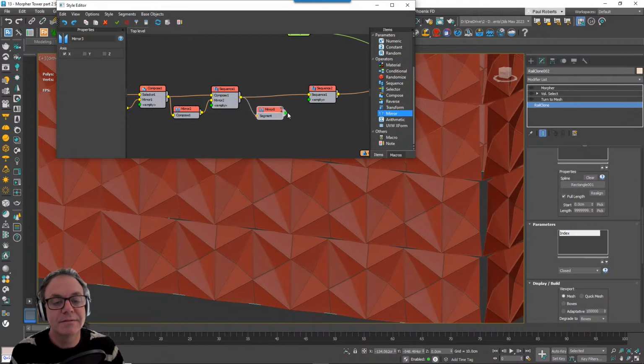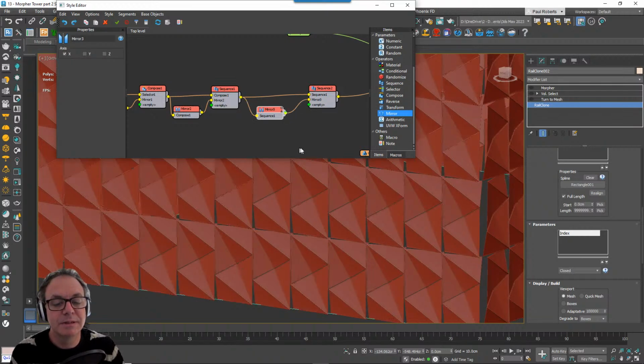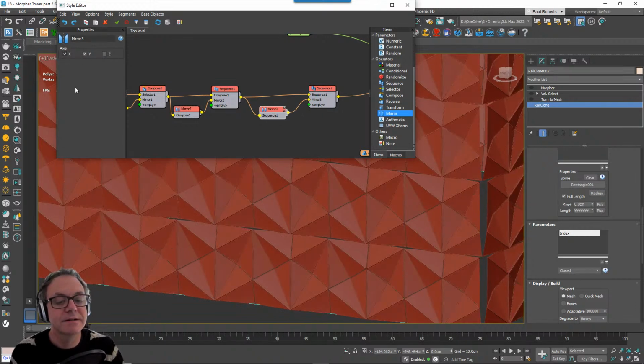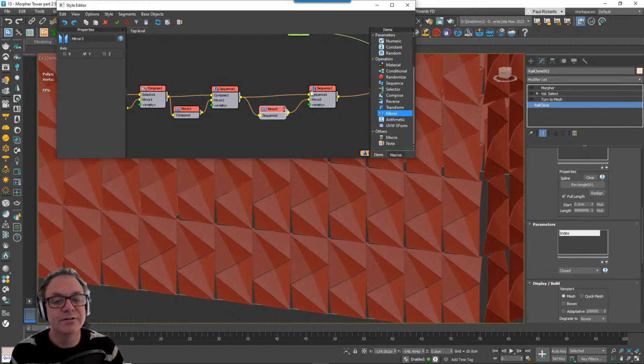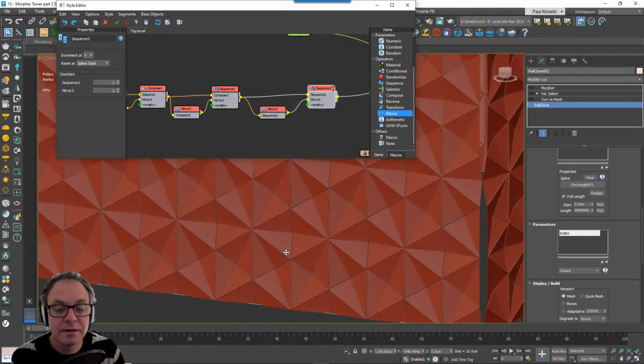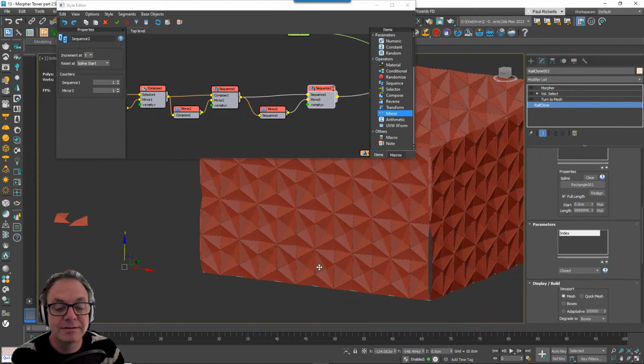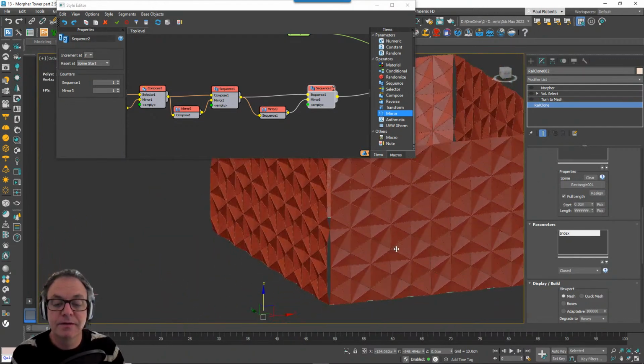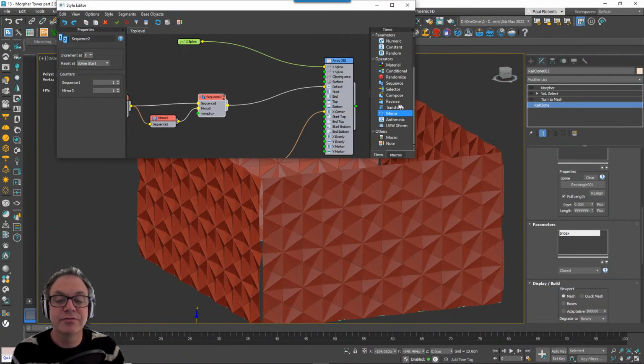Wire that into there, and that into there, and change the Y and turn off the X. And then what I need to do is to go into this sequence operator, and instead of it changing as it goes along the X-axis, change it to go on the Y-axis. So I'll change it to increment on Y, and there is our pattern, like so. So that's quite nice and straightforward.